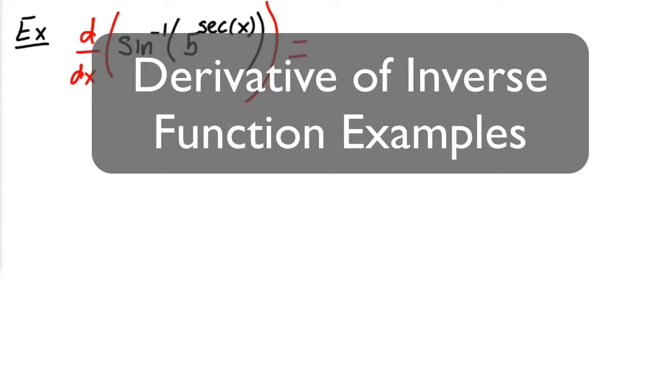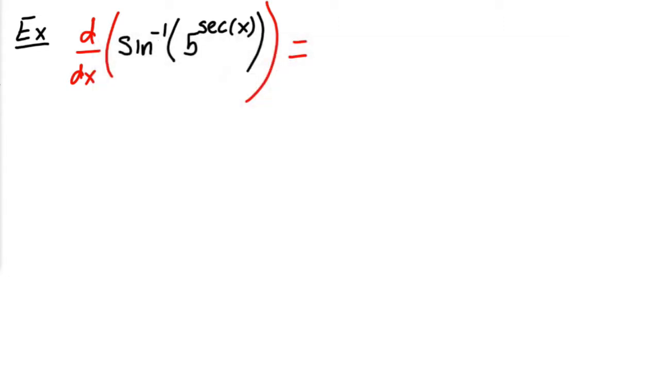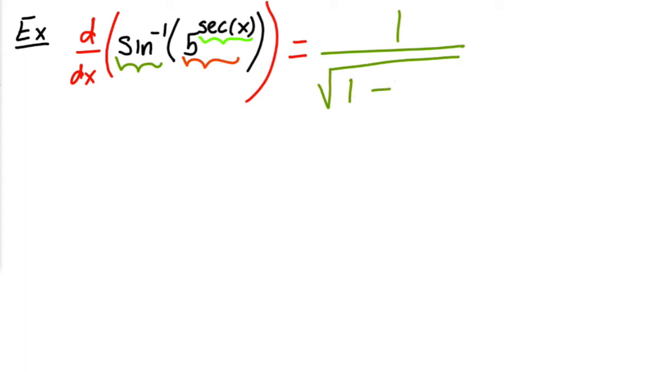Okay, so we're trying to find the derivative of inverse sine of 5 raised to the secant of x. So this is a case for the chain rule, of course, because we've got a function of another function of another function, right? And so the first thing we have is the most outside function is inverse sine. So we get the derivative of that one first, which is 1 over the square root of 1 minus, now